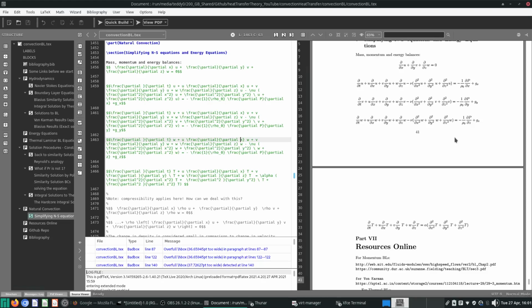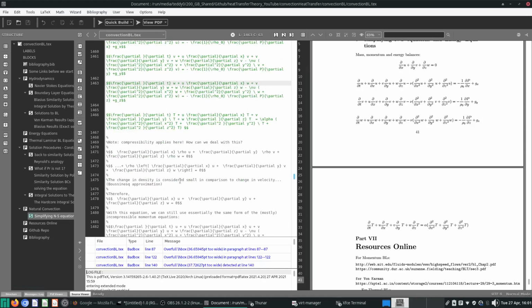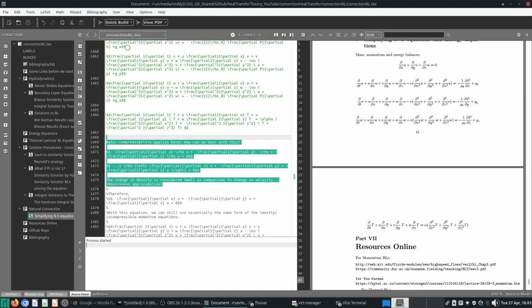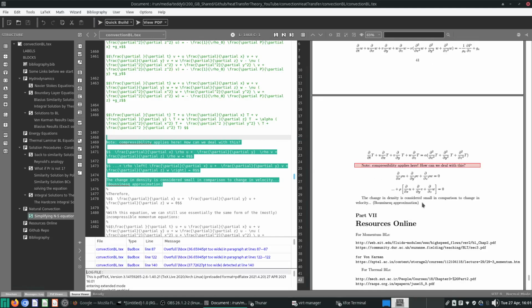Alright, but in natural convection there is some density change in the fluid. Otherwise, how are you going to get your natural convection? So how do we actually deal with this small little change? The thing is, compressibility does apply here. How do we deal with this? In the simplification part, the way we deal with it,